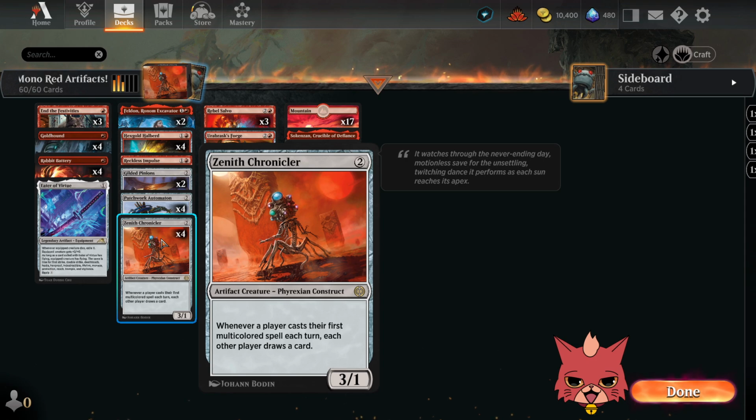More artifacts, we got all 4 Zenith Chroniclers. This is a 2-mana 3/1. Whenever a player casts their first multicolored spell each turn, each other player draws a card. We'll see how often this actually comes into play because there's still a lot of mono black. Apparently there's still a lot of mono red. I haven't run into too many mono red players recently, but you know, it works against like Azorius Soldiers, which has